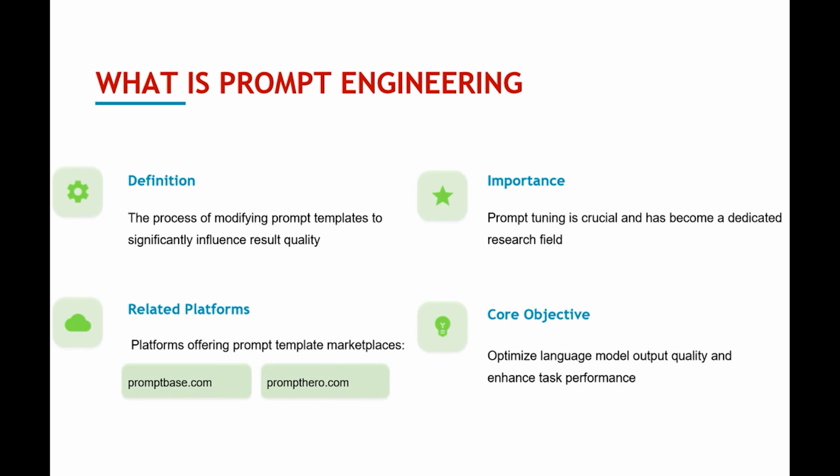Prompt engineering is about designing better prompts to improve model performance. More specifically, it means modifying prompt templates to significantly influence the quality of the model's output. Instead of changing the model itself, we change how we ask the question. That is important because, as the chapter emphasizes, prompt design can have a significant effect on performance, sometimes even comparable